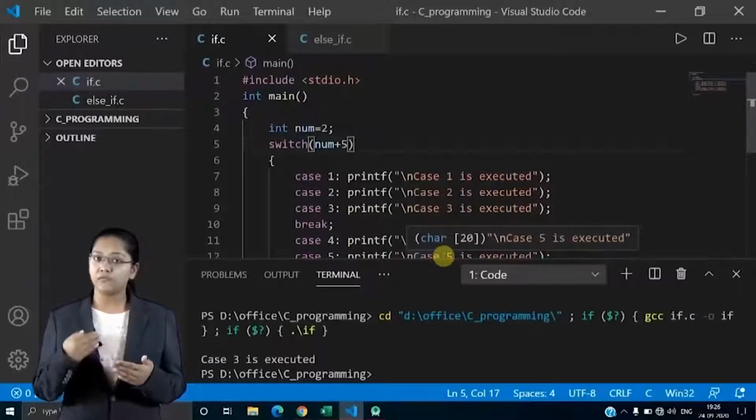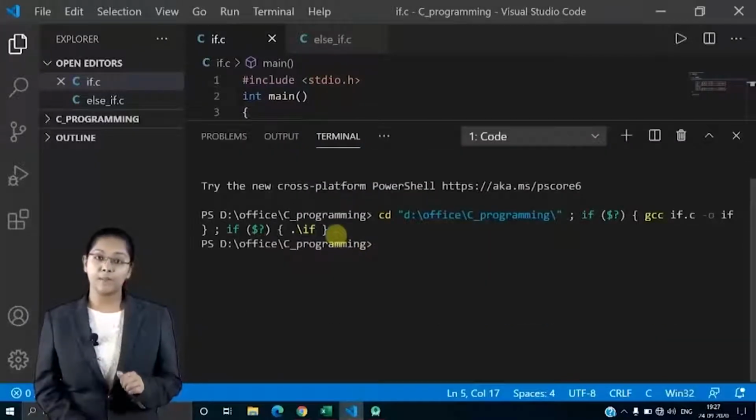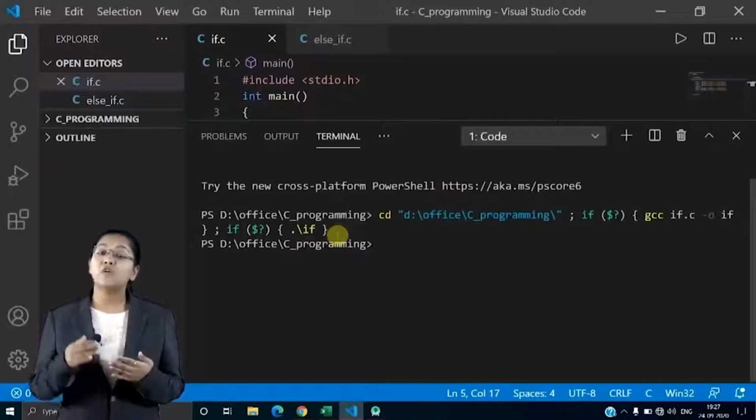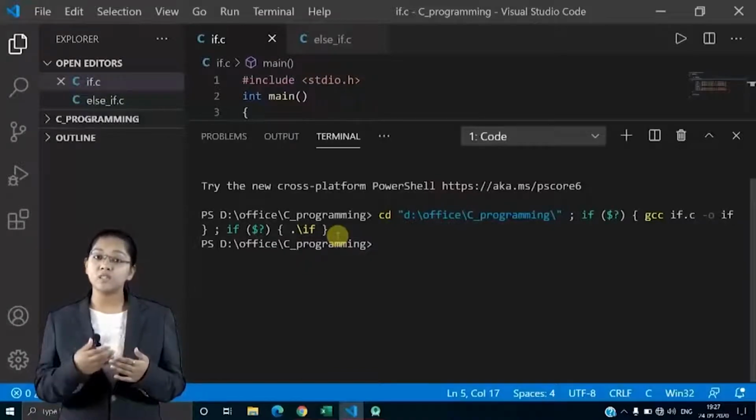I only have up to the 5th, right? So let's see. What happened is, my code executed but nothing got printed, right? Why? Because there wasn't any 7th case. There wasn't any 7th constant in my code, and that's why it didn't print anything.